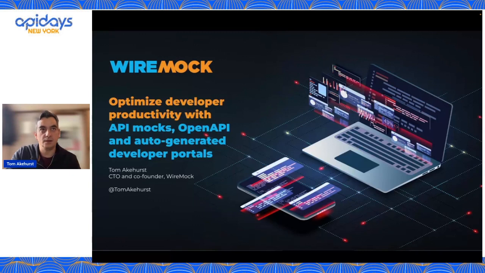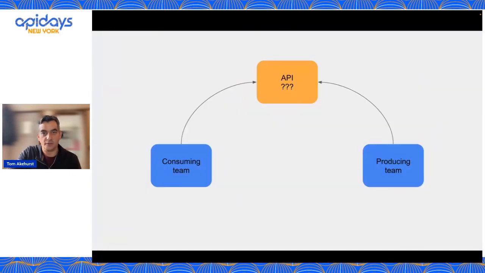Despite the slightly long and cumbersome title of this talk, essentially what it's about is this situation, which is we have a feature for a system that's going to be built of some kind, and there's a new API that's needed, or a new API feature, maybe an existing API. And you have a producing team, the ones who are responsible for building and maintaining this API,